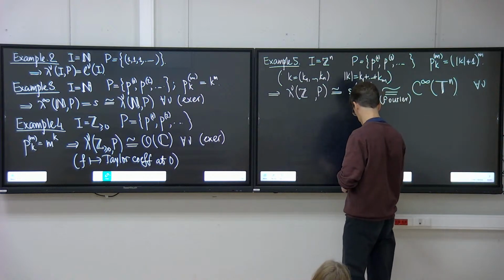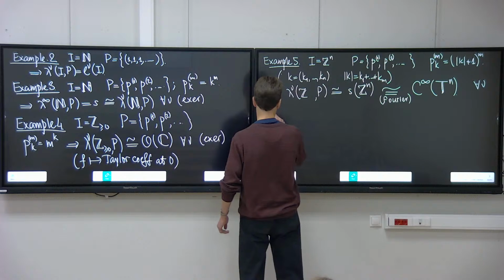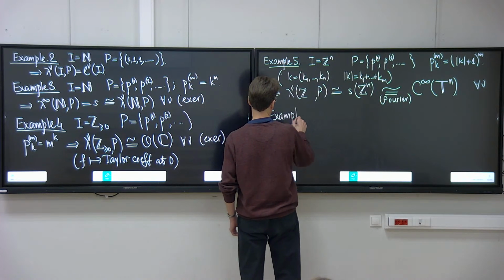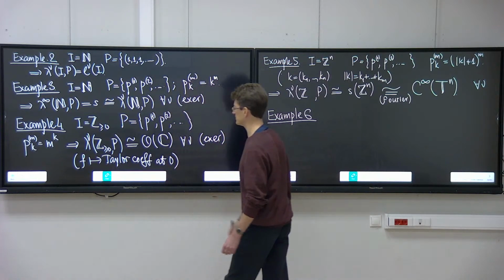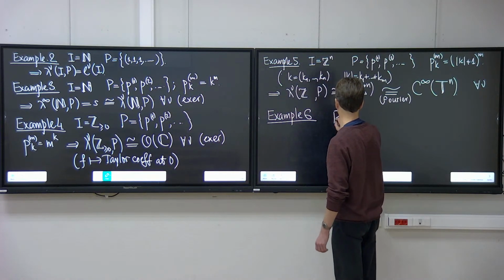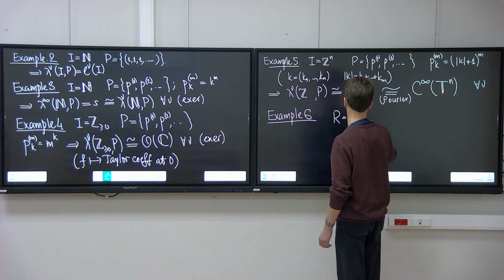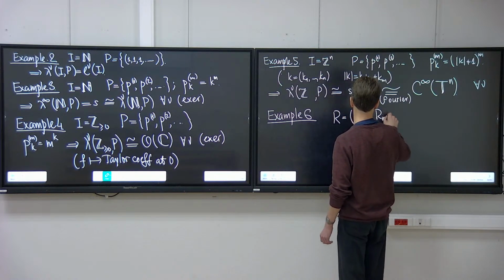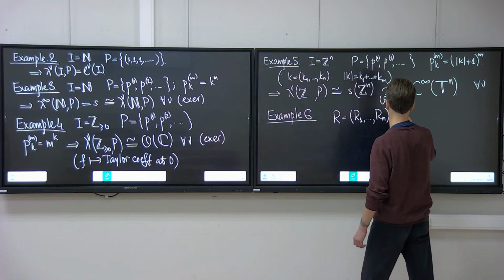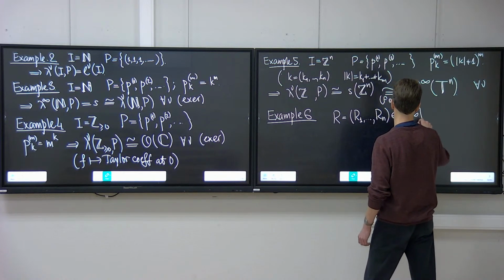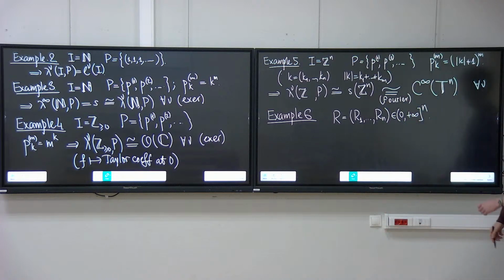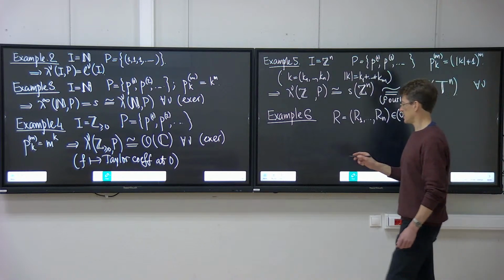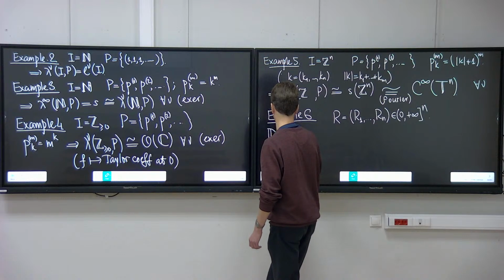Example 6 is a generalization of example 4. We take an n-tuple of positive real numbers. Also, some of them may be equal to infinity. This is also possible. And we denote by D_R the respective polydisk